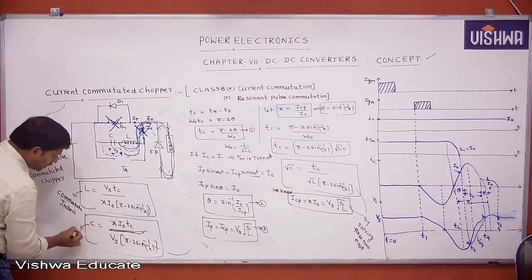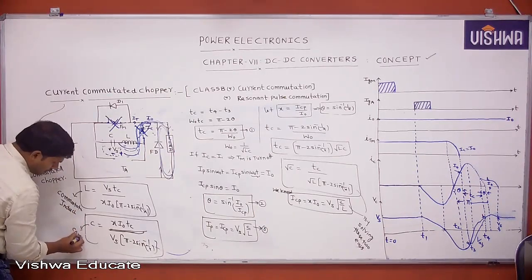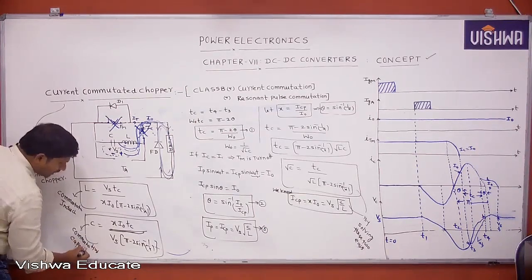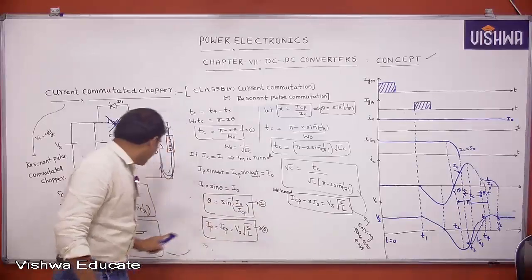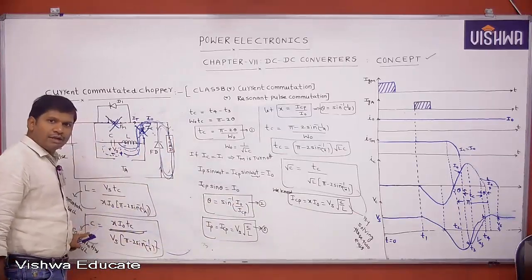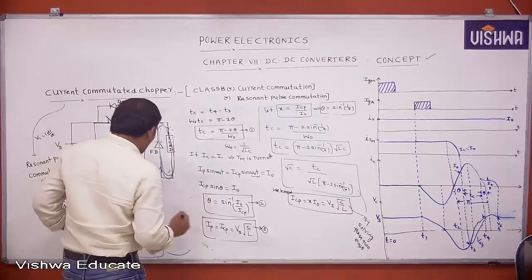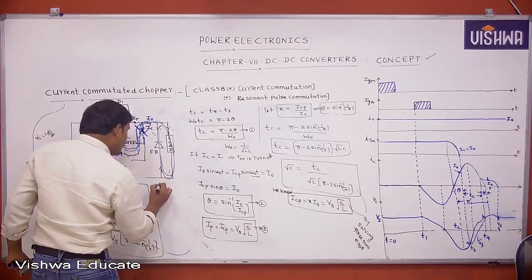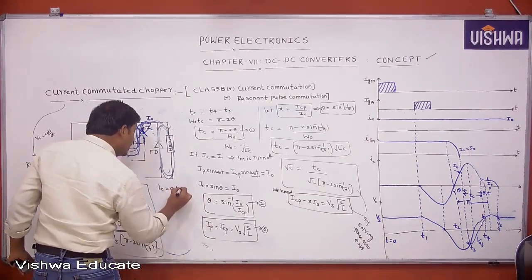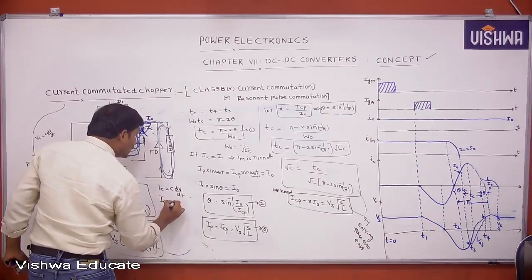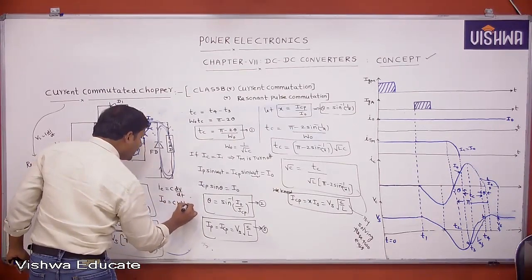And this is the commutating capacitor. Like this, by solving these two, we can get these two expressions: the commutating inductor and the commutating capacitor formulas. One more formula I want to write: IC equal to C into dV by dt. From this, at IC equal to I0, with the voltage applied being VAB,